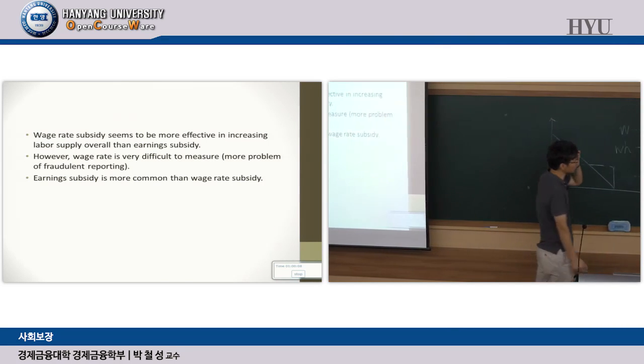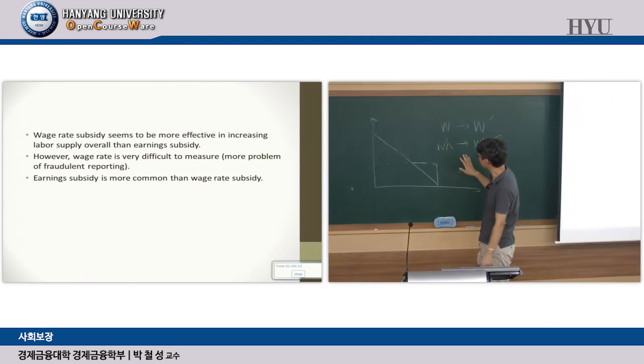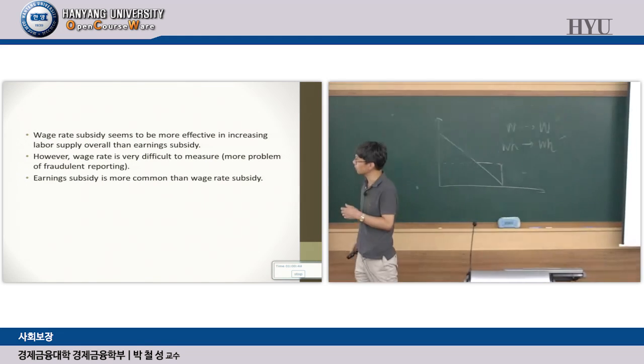Wage rate subsidy seems to be more effective because it increases the wage rate only. Okay? So when you increase the wage rate only, the substitution effect is likely greater than the income effect. And since the wage rate is higher, more individuals are likely to work, so it will increase labor supply. Earnings subsidy is not that simple because some will increase labor supply, but later you will see that some will actually decrease labor supply. So it's different. So it seems like a wage rate subsidy is a good idea, but